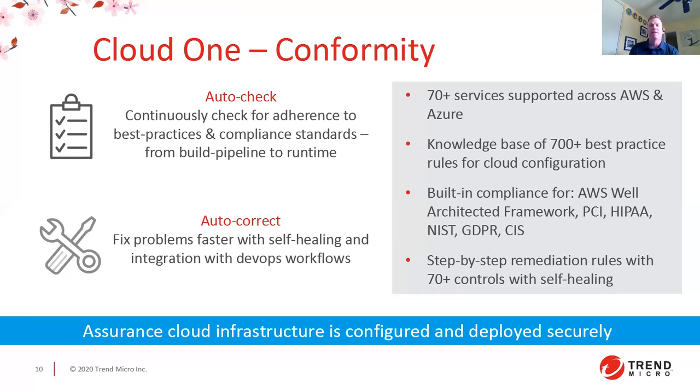your cloud environment, and giving you those step-by-step checks in terms of, hey, we could do a little better when it comes to our HIPAA compliance or our NIST compliance. We can make some adjustments in these areas, this is where we can make some changes to actually increase our compliance mandates, or make it easier for us to pass audits,